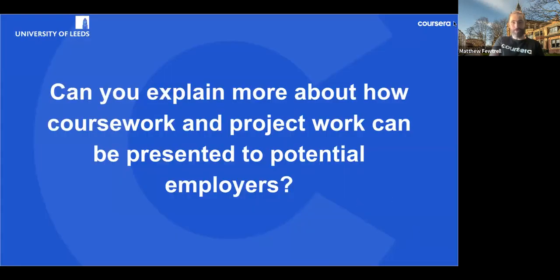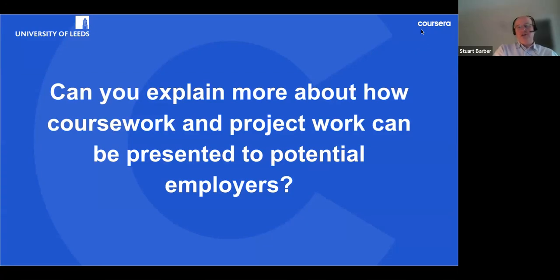And Stuart, can you explain more about how coursework and project work can be presented to potential employers? Yeah, sure, thanks. So obviously the work is yours. You can use that as you see fit, and through the program you'll be building up a portfolio of things that you've done.